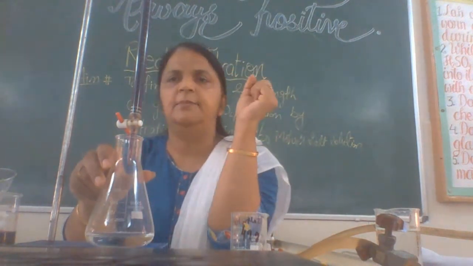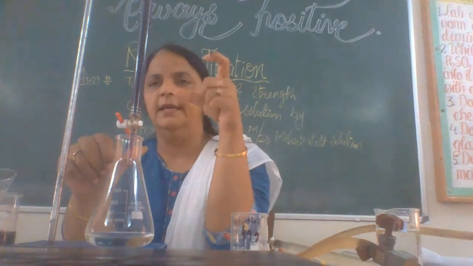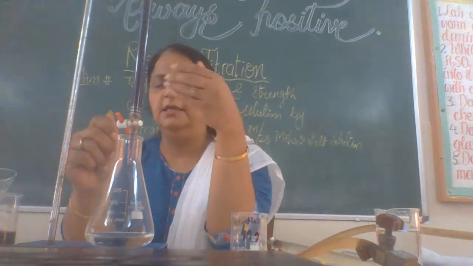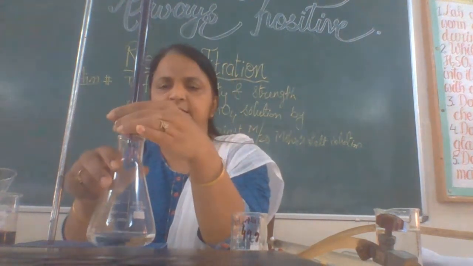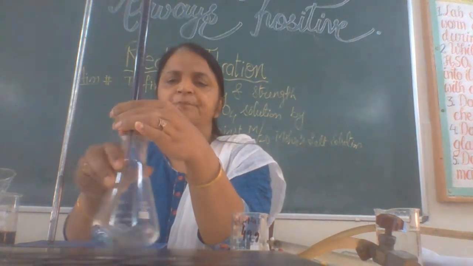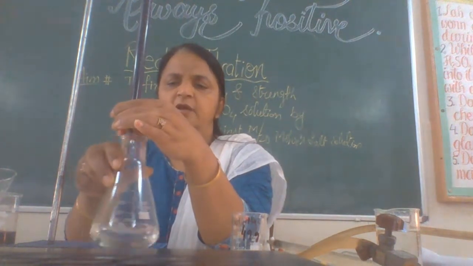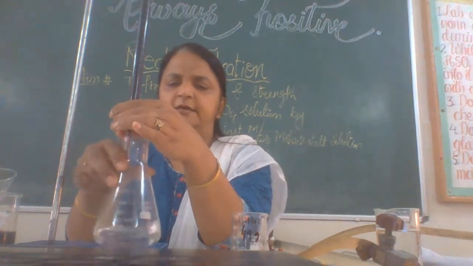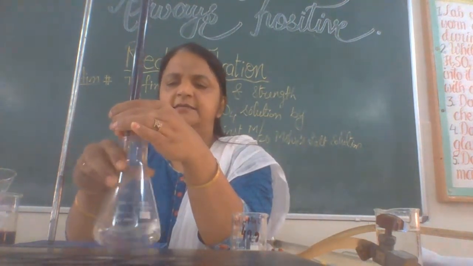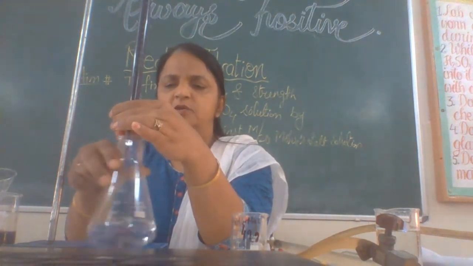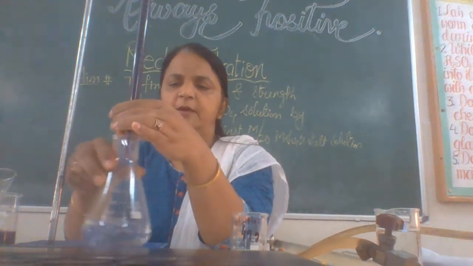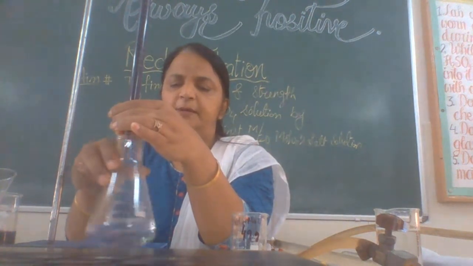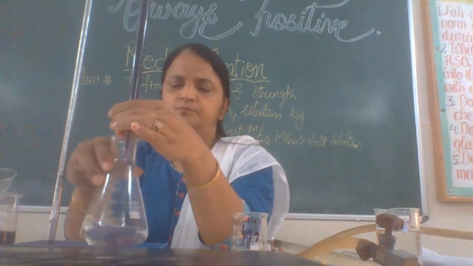Otherwise, in acid-base titrations we have to use some indicators, because acids and bases are generally colorless, and we need to check the end point, and that is why we use indicators. But in this titration we need not add any indicator, because potassium permanganate is a colored solution and it itself acts as an indicator, because when the reaction is complete, no more potassium permanganate will get reduced, and its purple color will be visible over there.